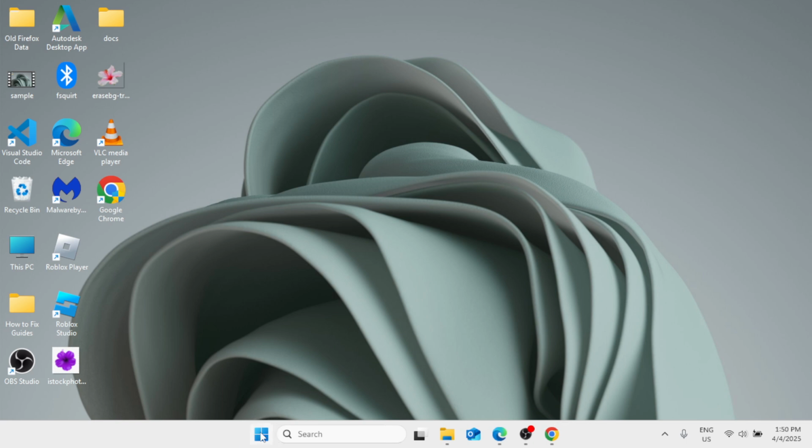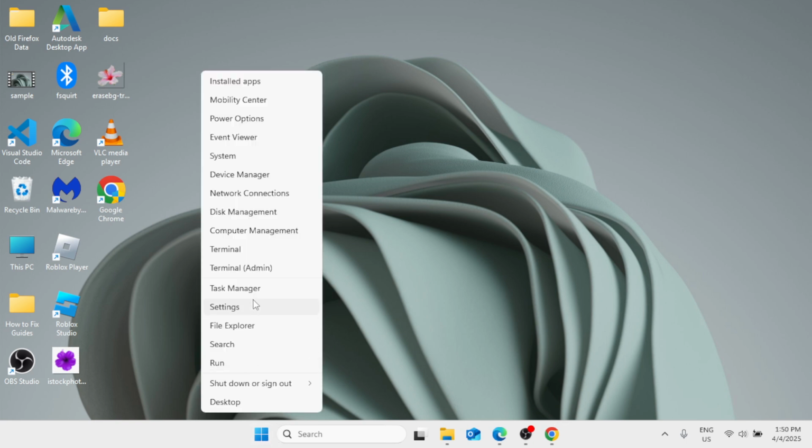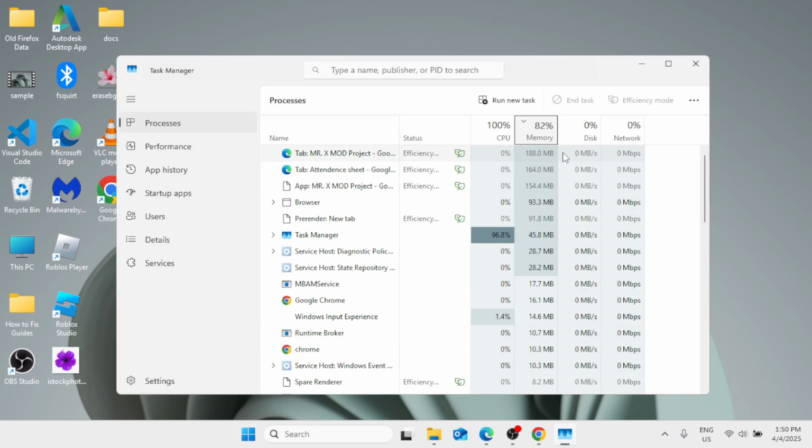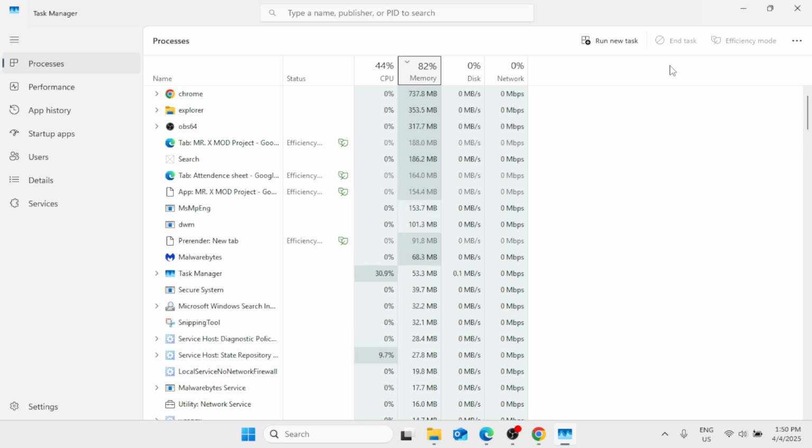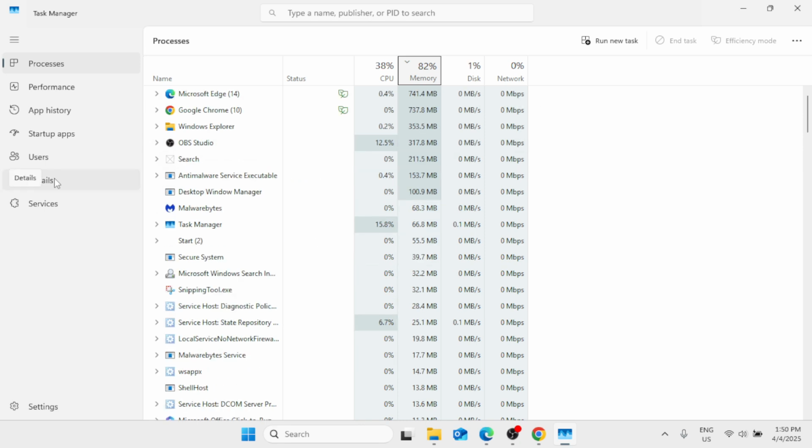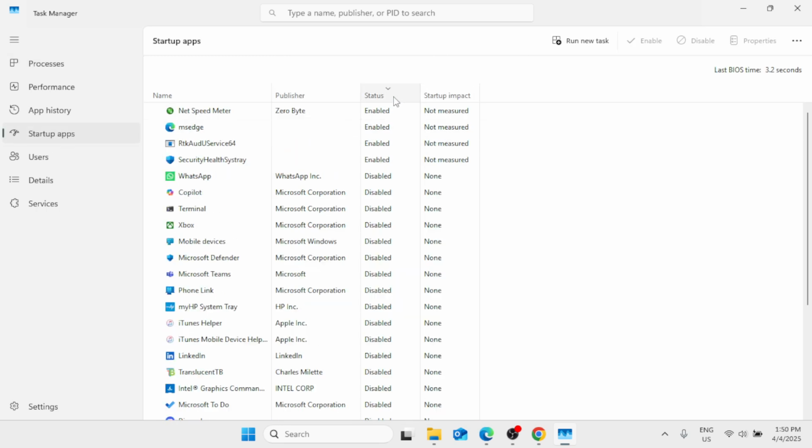Now make a right click on the start button and then select task manager in the list of options. Now maximize the task manager window. In here, in the list of options on the left pane, you will find startup apps. Now change the status from enabled to disabled so that you will know what startup programs are enabled on